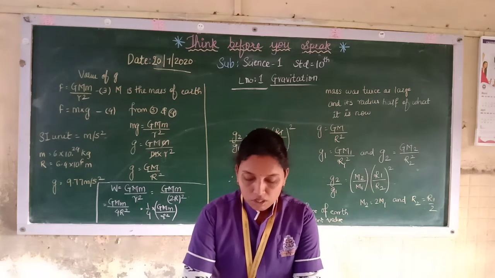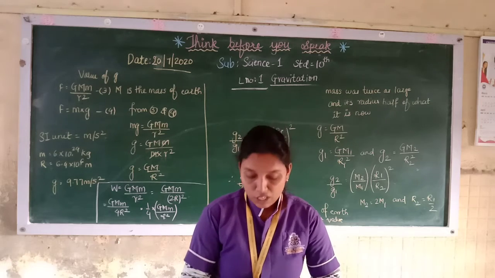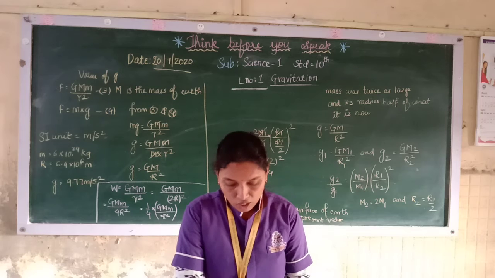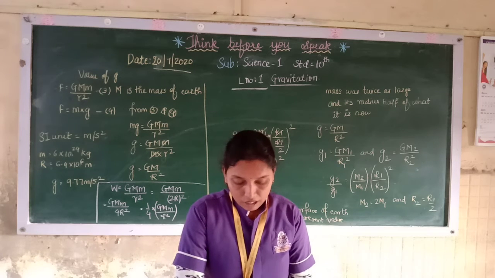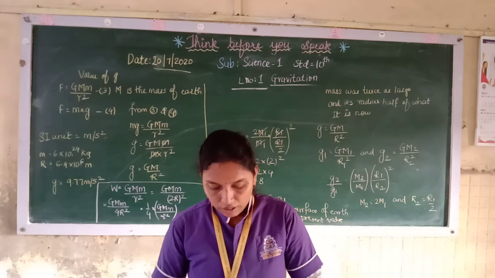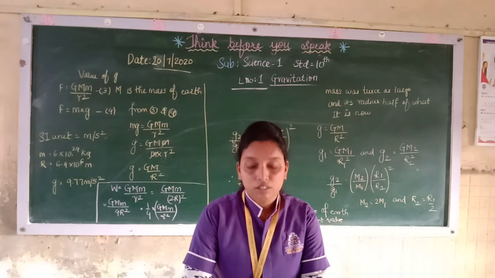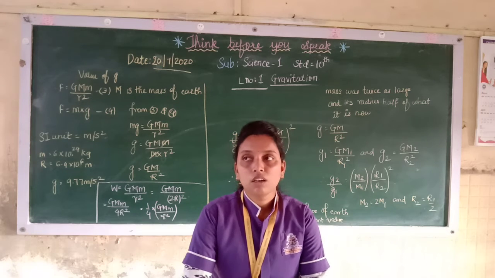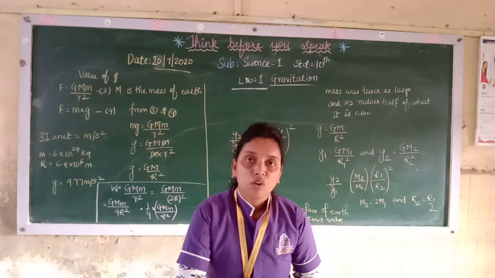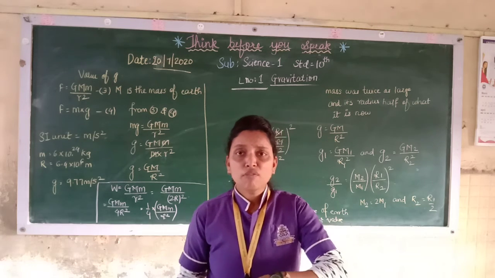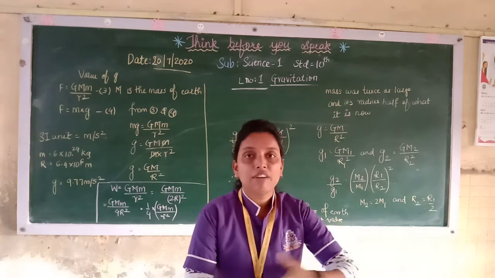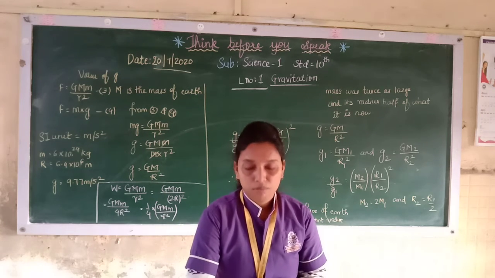Now according to Newton's first law, mass is the measure of inertia of the object. Higher the mass, higher will be the inertia. This you have studied in the last standard. Now weight. The weight of an object is defined as the force with which the Earth attracts the object. The gravitational force acting on the mass becomes the weight. When the gravitational force is acting on the mass, that is weight. And mass alone, when gravity is not acting, that is the actual mass.